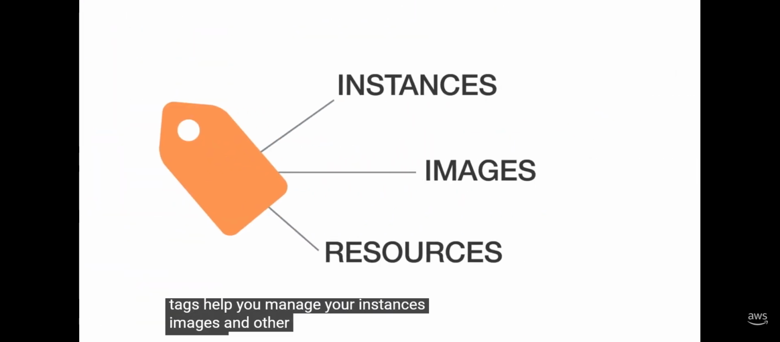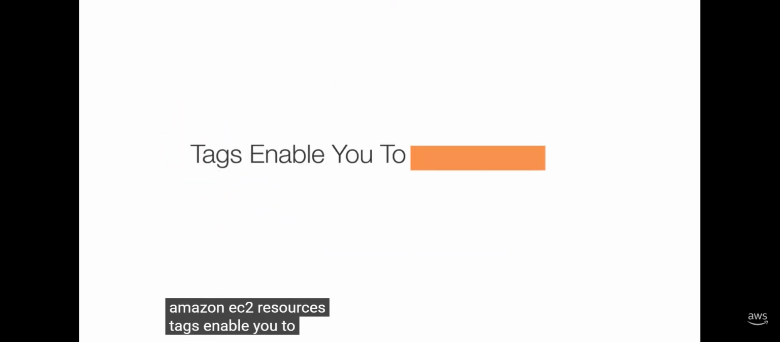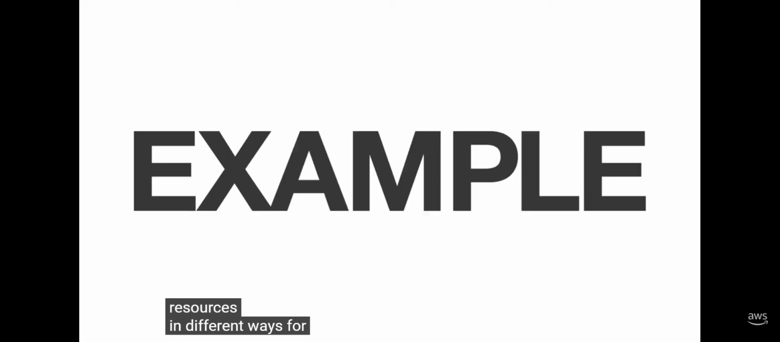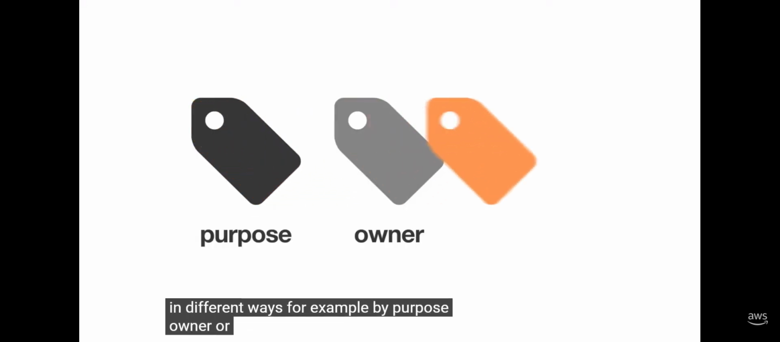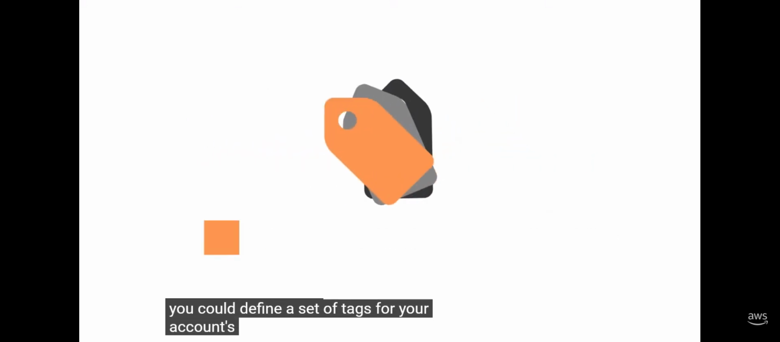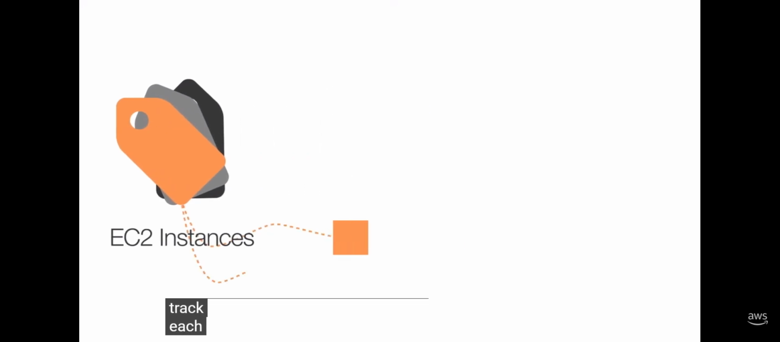Tags help you manage your instances, images, and other Amazon EC2 resources. Tags enable you to categorize your AWS resources in different ways. For example, by purpose, owner, or environment. You could define a set of tags for your account's Amazon EC2 instances that helps you track each instance's